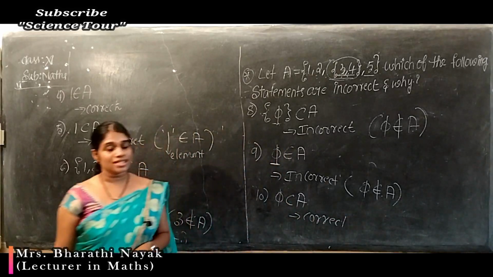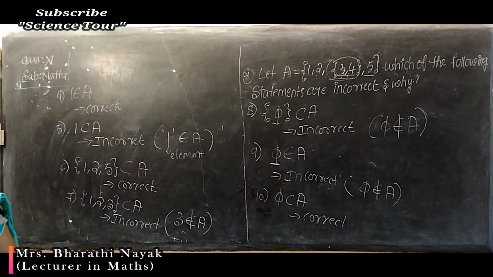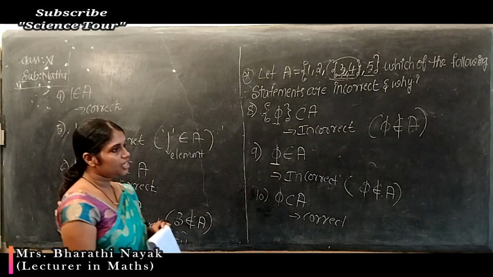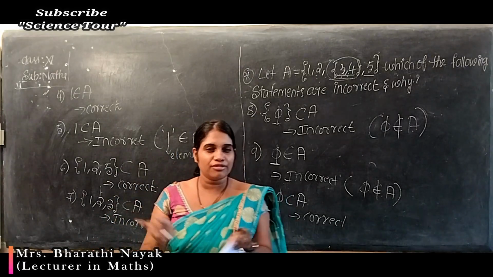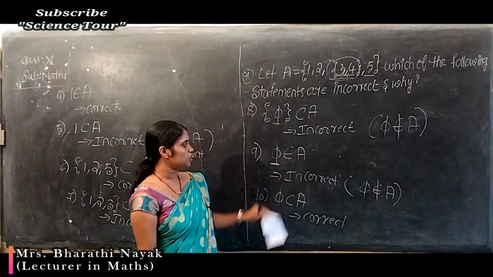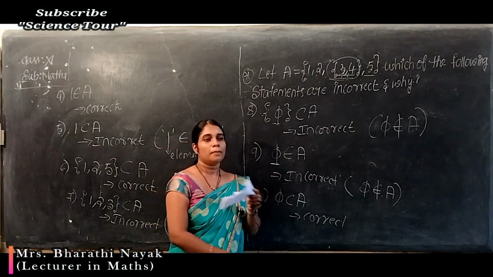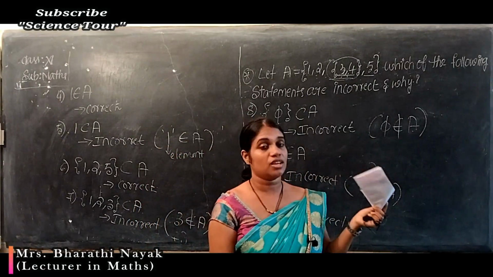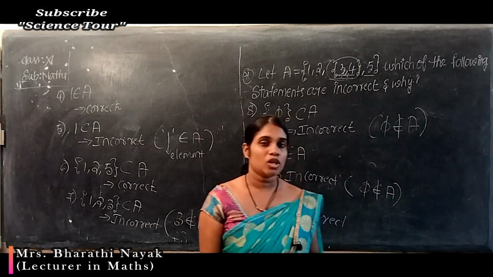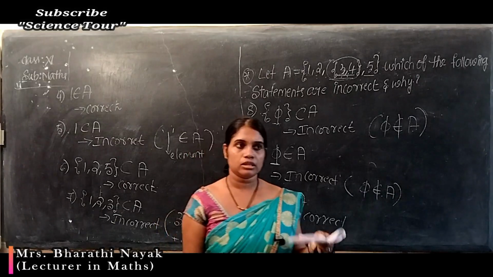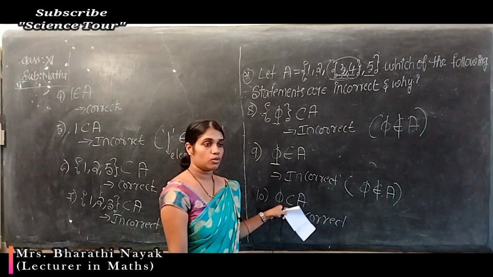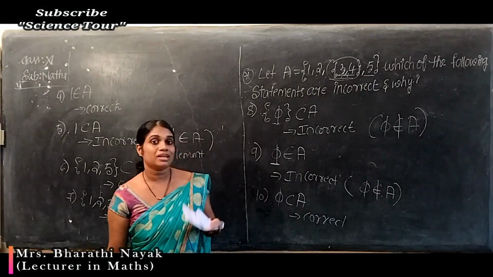So, this is about the belongs to symbol and the subset symbol. If you know the meaning of these two symbols, or if you know to differentiate these two symbols perfectly, you can solve these problems. These are all basic information. Some of the basic information you must know while you are going to solve problems from the next chapter, like relations and functions. You must know what you mean by belongs to and what you mean by subset.